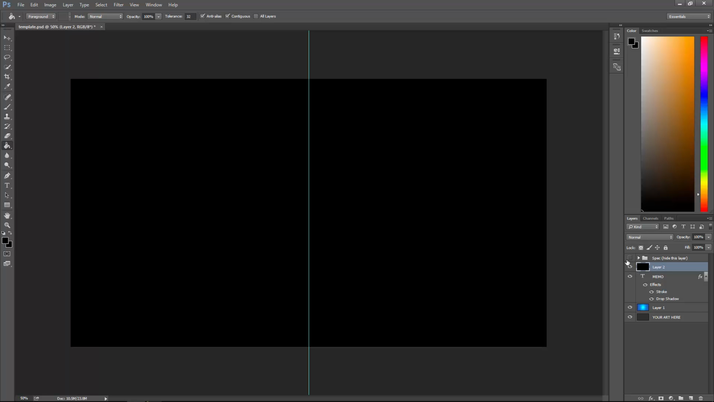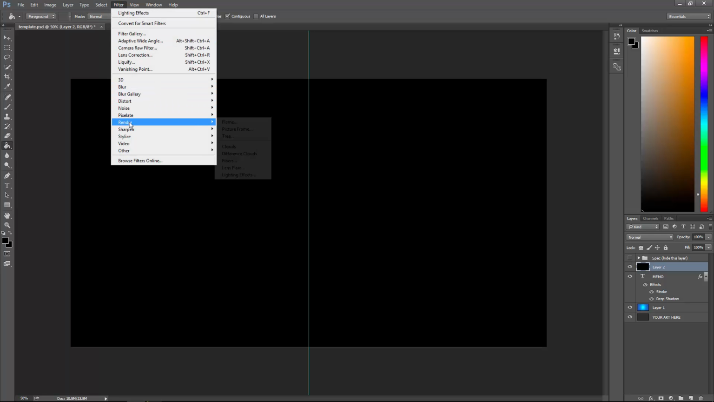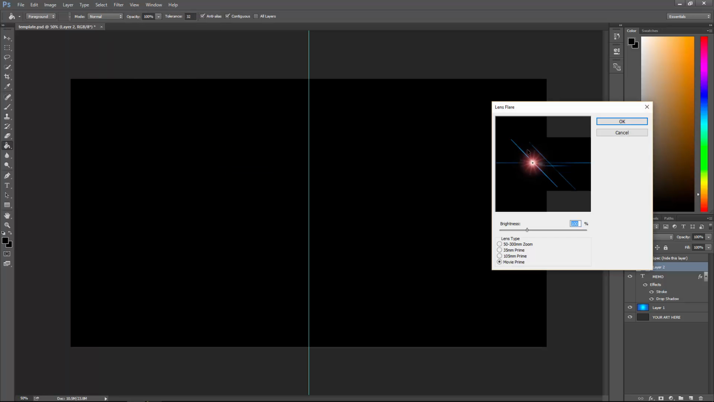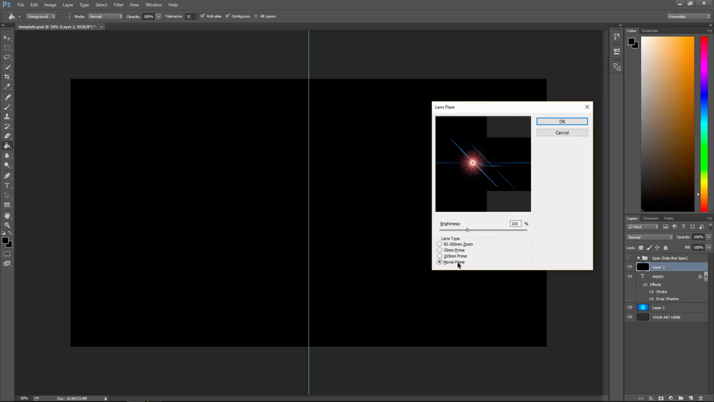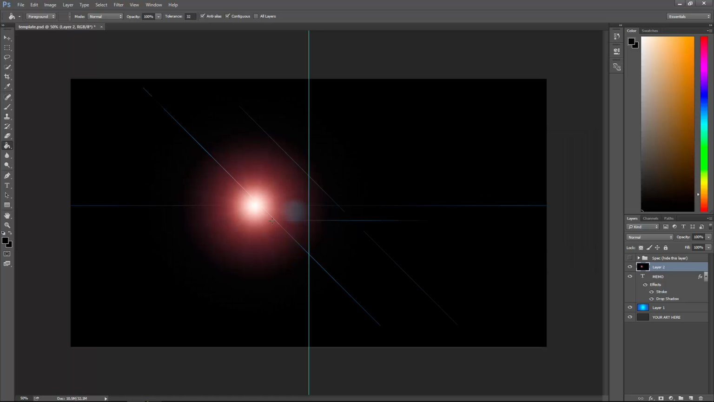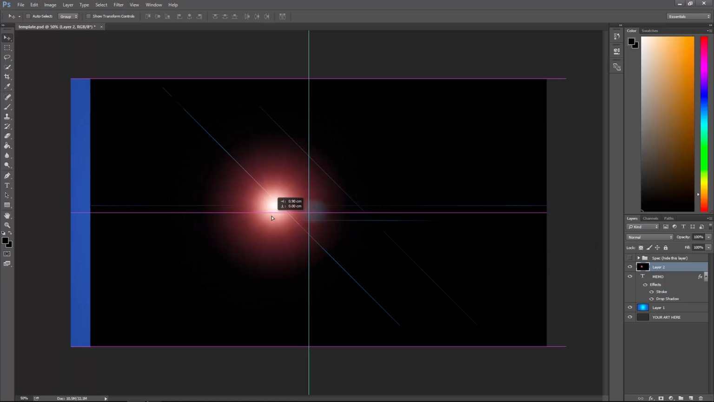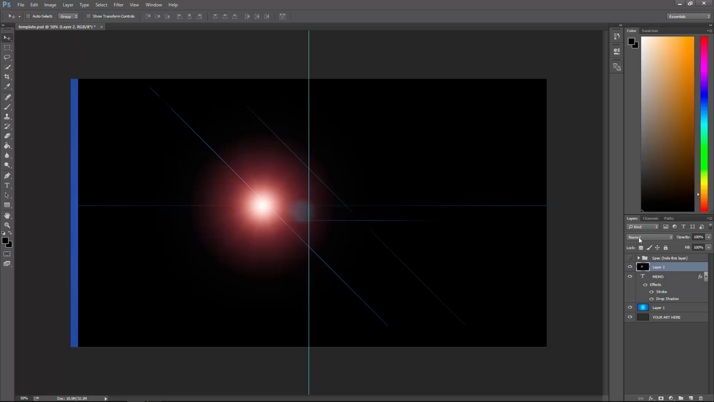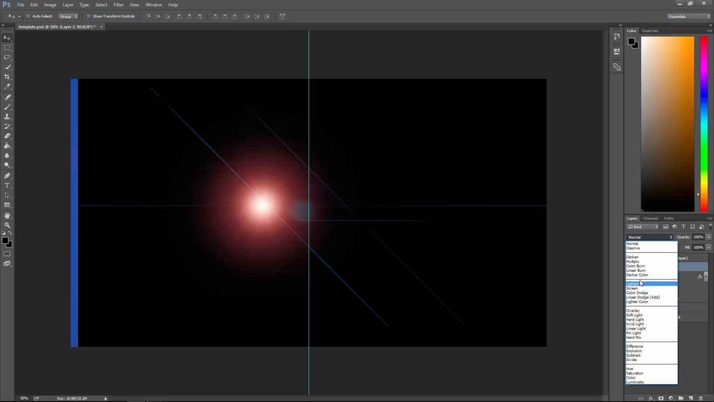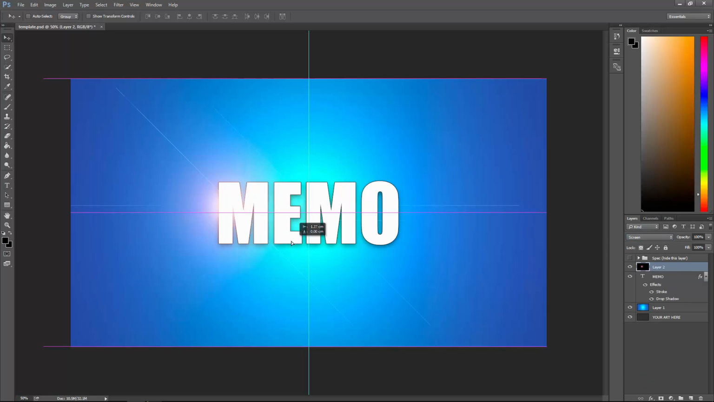Sorry, if you undo the spec layer for a minute, click the little eye button on the spec layer so that you can't see it. And go Filter, Render, Lens Flare. So you want to select the Movie Prime down here, and 100% brightness is fine. And you want to change the blending mode to Screen. And that'll make a really nice lens flare in the middle, so you can move that to wherever you want. I'm just going to put it over